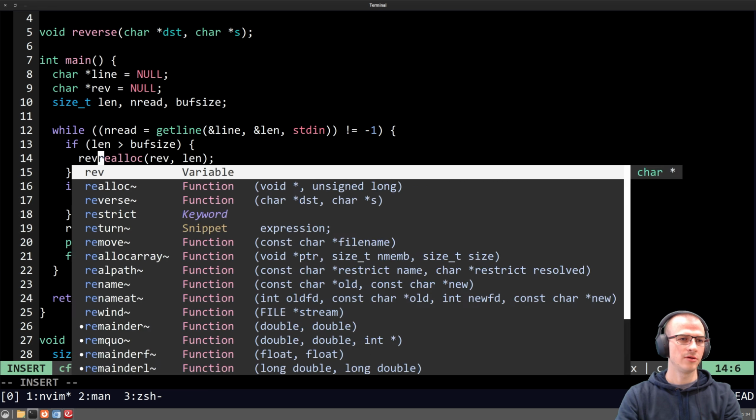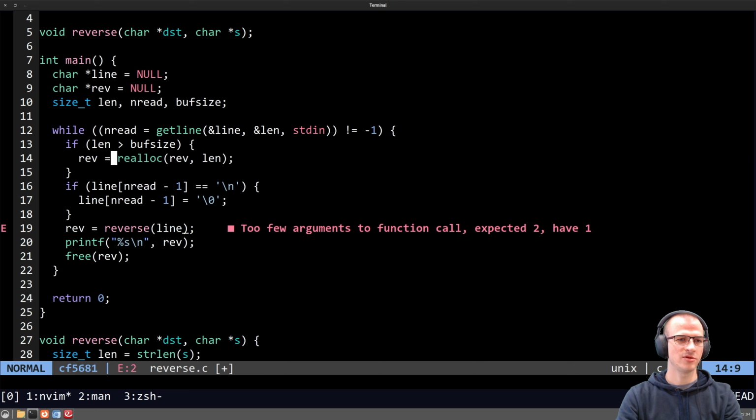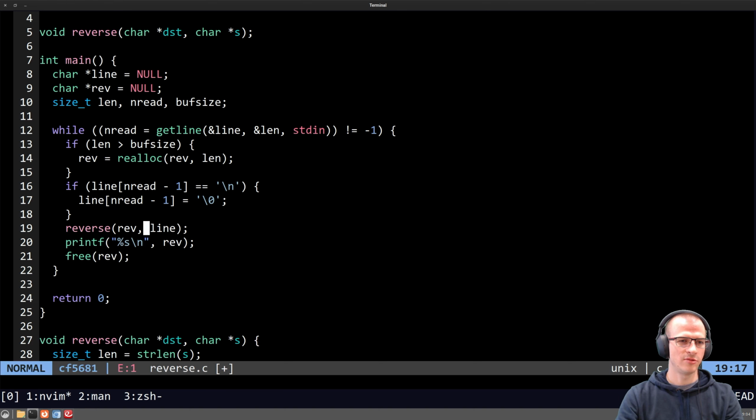Okay, reverse this pointer. We reassign this pointer, and then we can ignore this return value. So reverse. We reverse the line to rev like this,